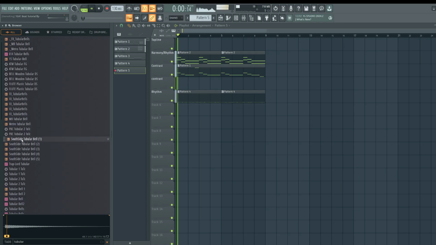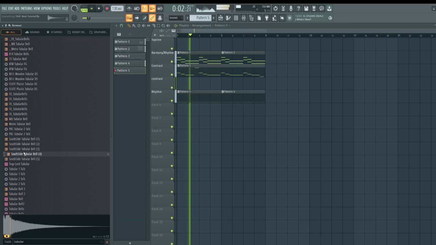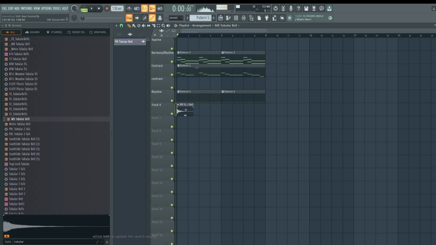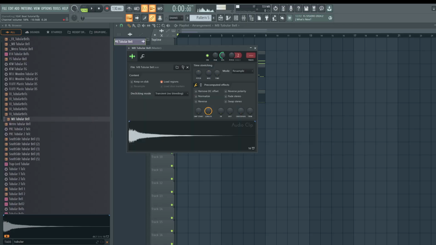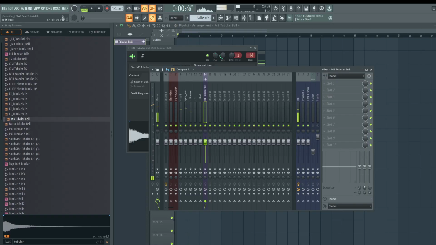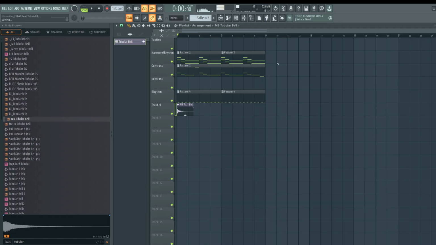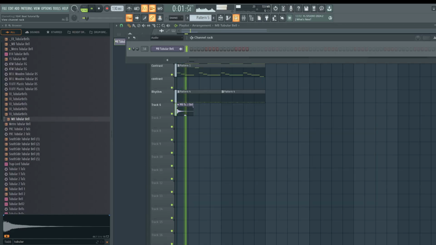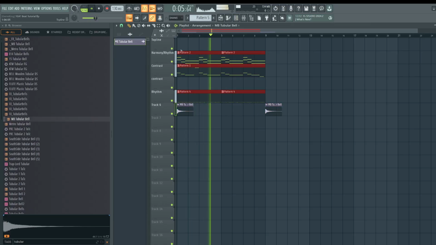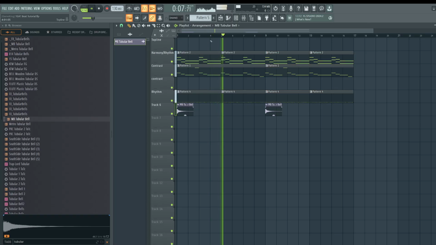Let's figure out which one sounds like this one. We can tune it, but I'd rather it just sound good the way it is instead of tuning it down or up. Okay, so now we have the tubular bell. Let's double click, hit Control L to send it to the mixer, so that way it's in the mixer. Let's hit Control B to latch phase.